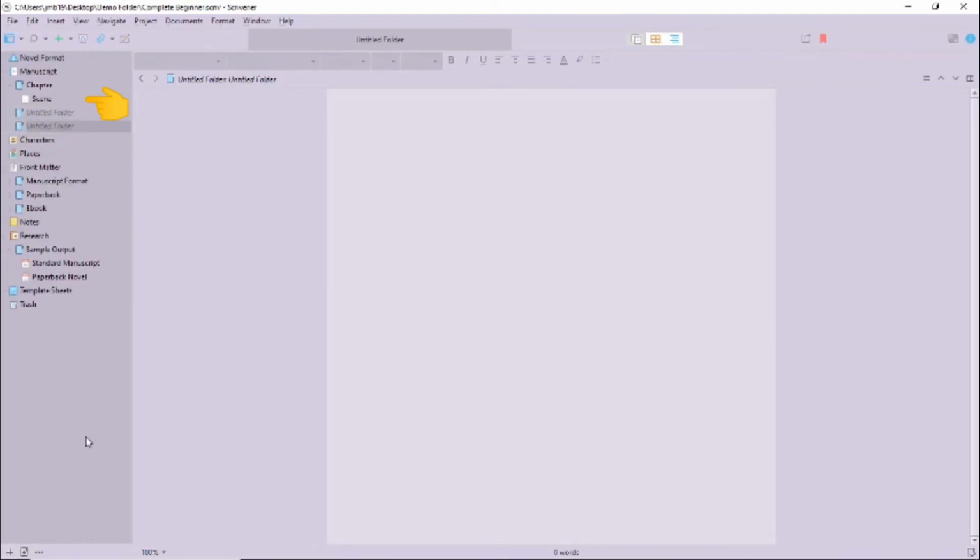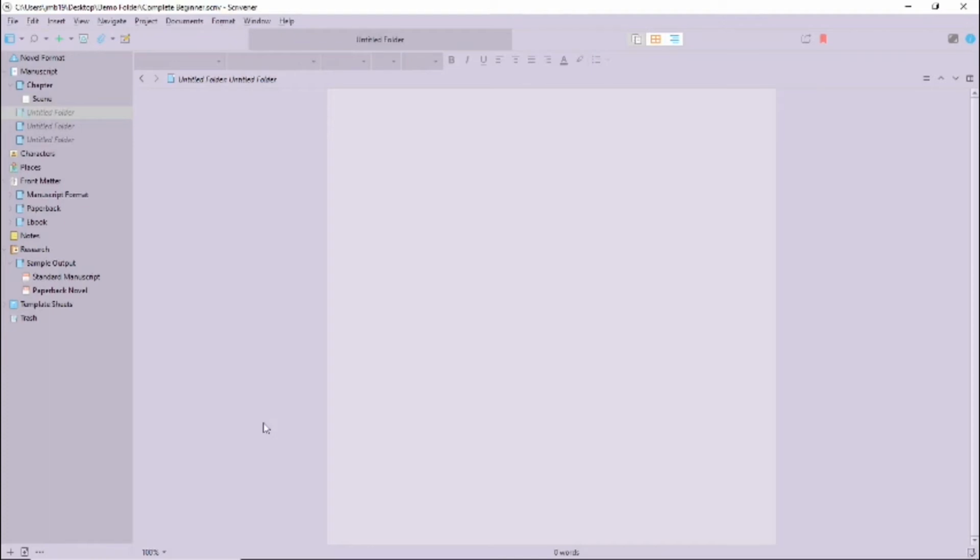Now, try selecting one of the text documents and do the same thing. Add a new folder. You'll see that the folder appears below and at the same level as that text document, within the chapter folder. If that isn't what you want, you can drag the folder up, down, and to the left to get it where you want. Or you can use Control and the cursor arrows on your keyboard to go left, right, up, and down.